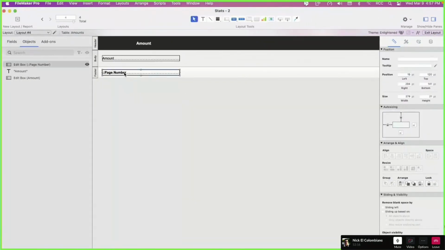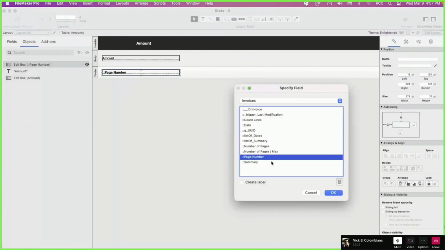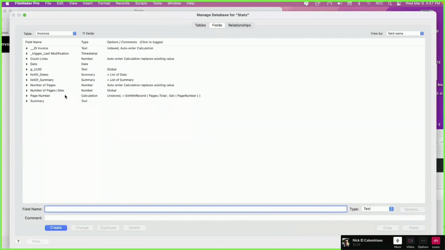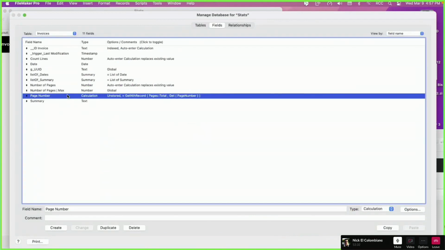Here, I have my page number. And you can see here my page number is calculated on the invoice, so it's there. Okay. Here I have a calculation. Okay, and this is where